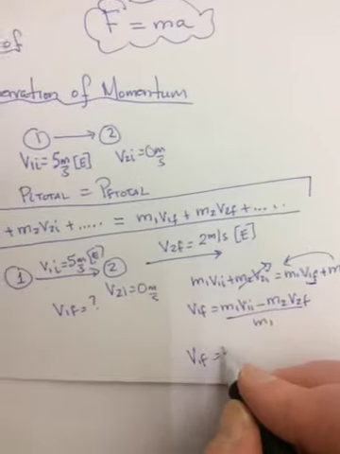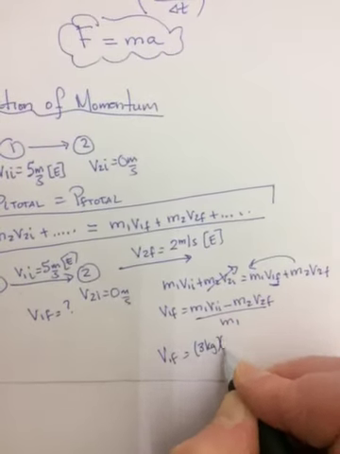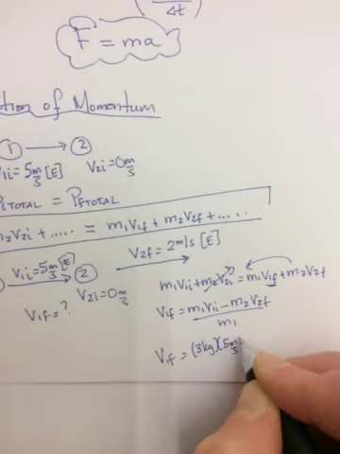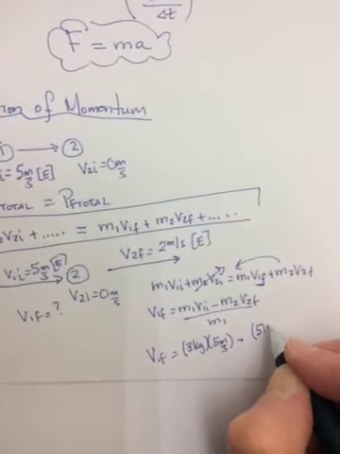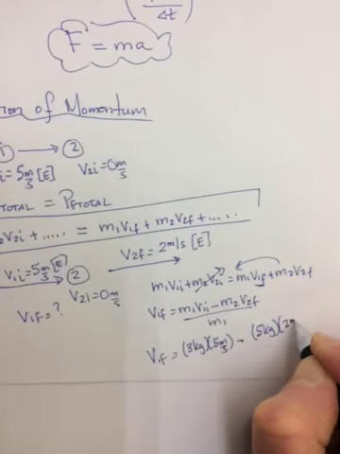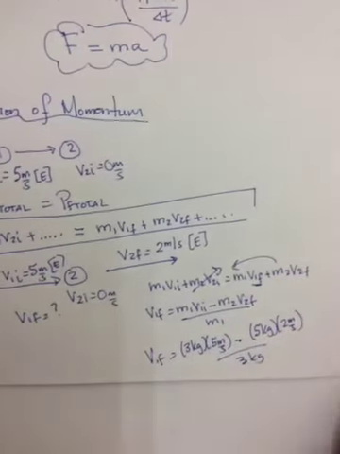V1F equals, what did we say they were? 3 kilograms times 5 meters per second minus 5 kilograms times 2 meters per second divided by 3 kilograms. 15 minus 10 on